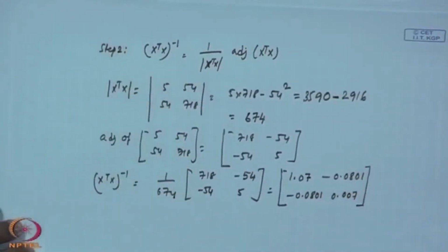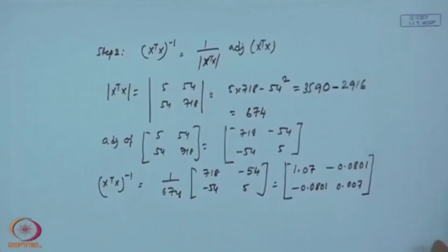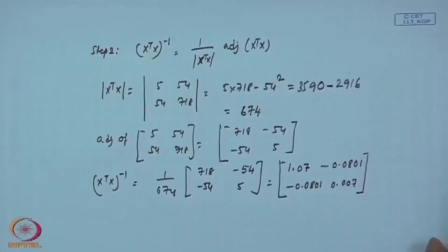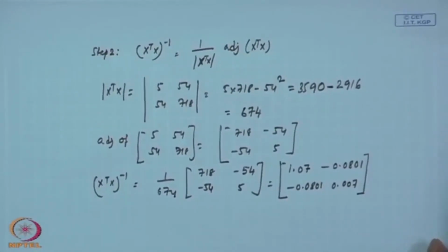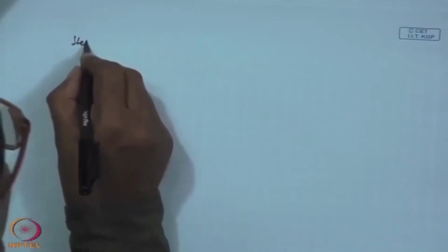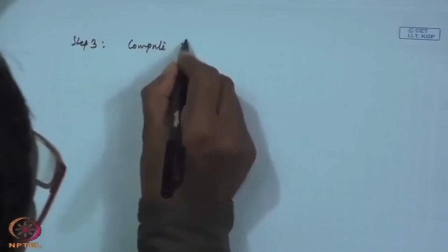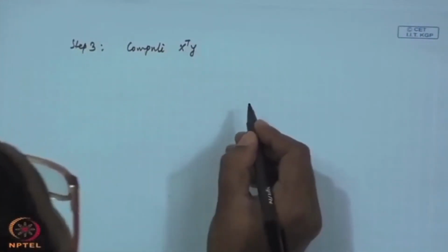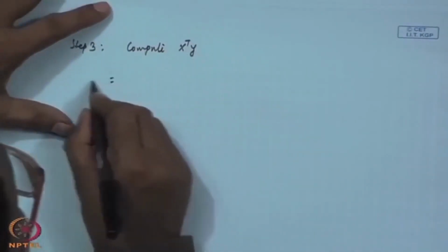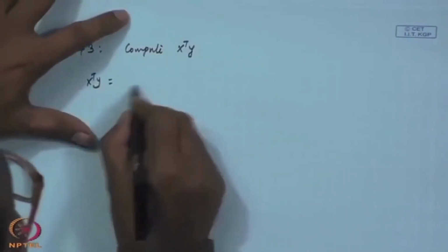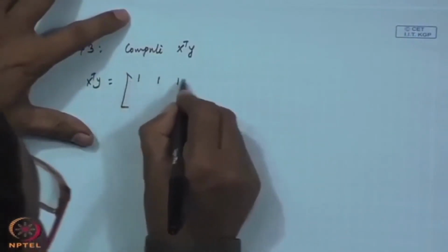Okay. Then what you require to know now? You require to know x transpose y. That is another thing you have to compute. Then your step 3 is compute x transpose y. So this one can be written like the x transpose y is 1 1 1 1